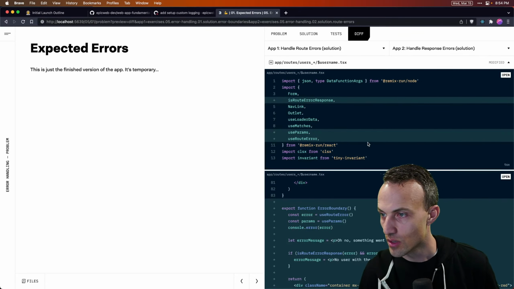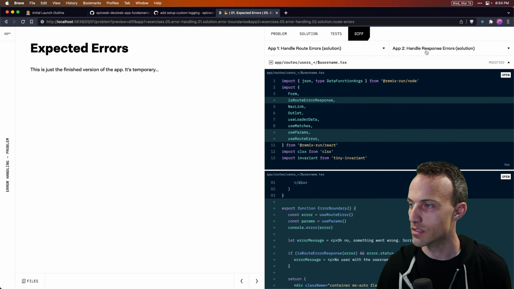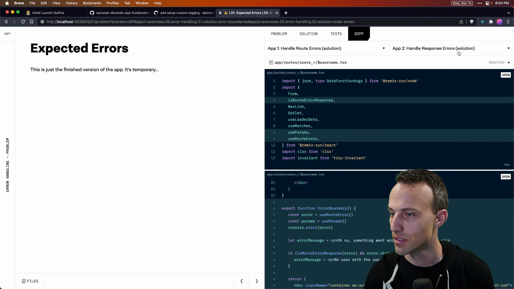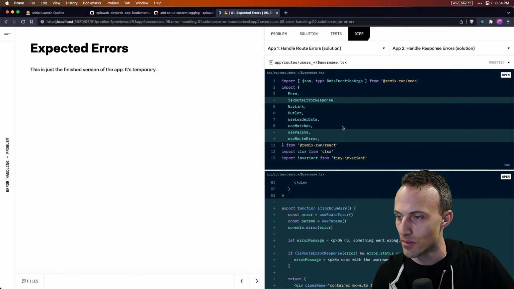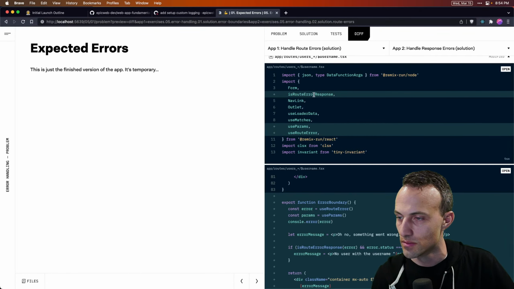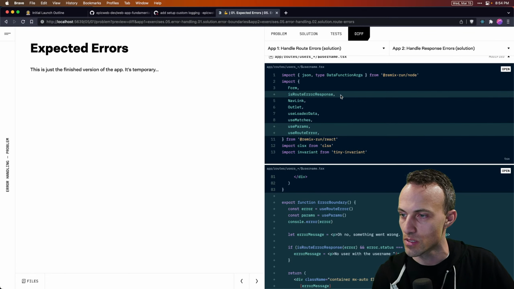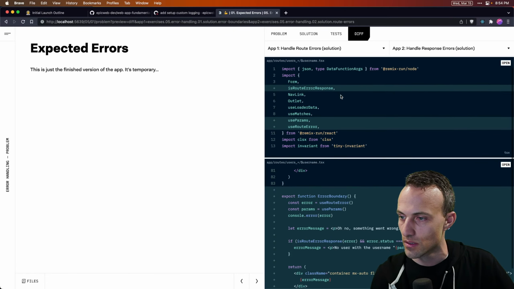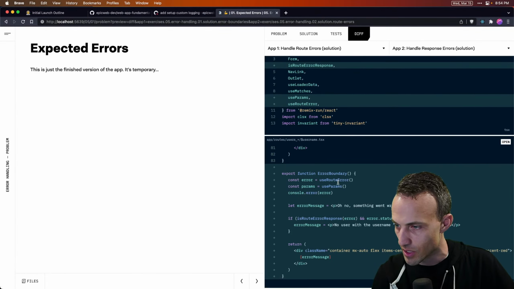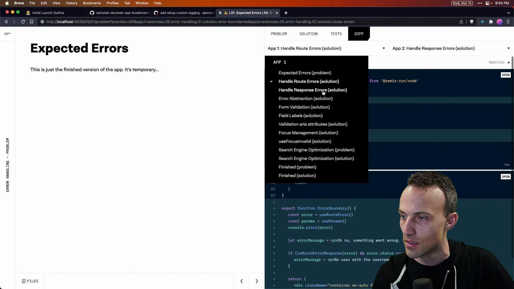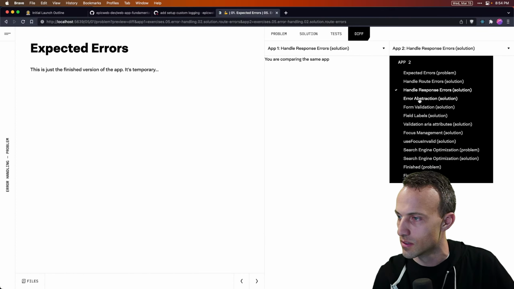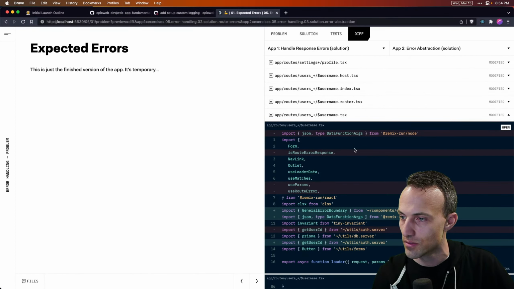Okay, cool. So going into handle response errors, we just go to the username route. Is route error response. Yep, that makes total sense. Cool. And then from there to error abstraction.